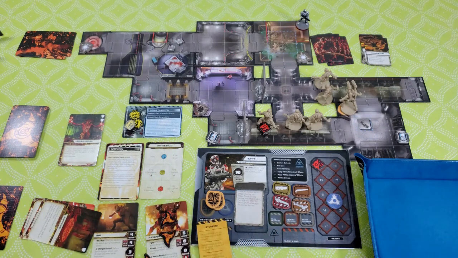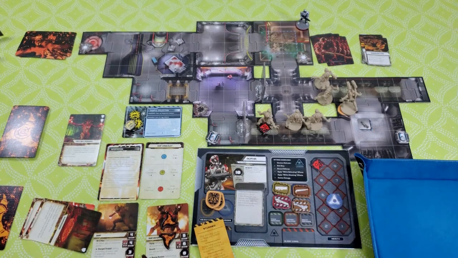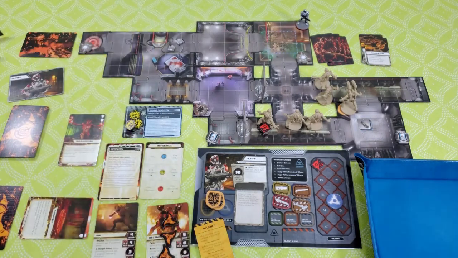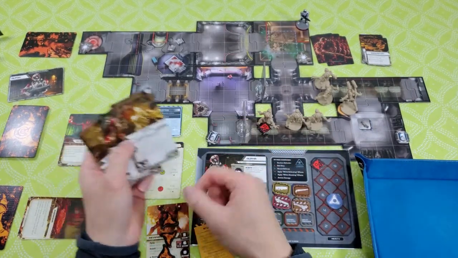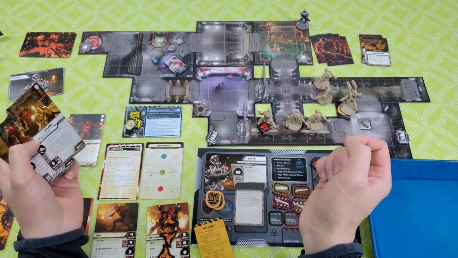Okay. The top card, and we want to discard it? No, it's just the 1 defense. We're not going to discard it. Okay. Here we go. I activate first. And what do I have? I don't have any movement. So, I think what we're going to do...